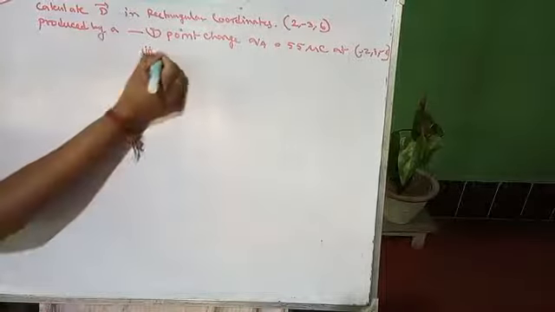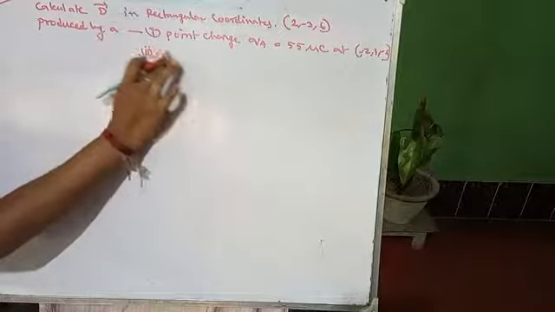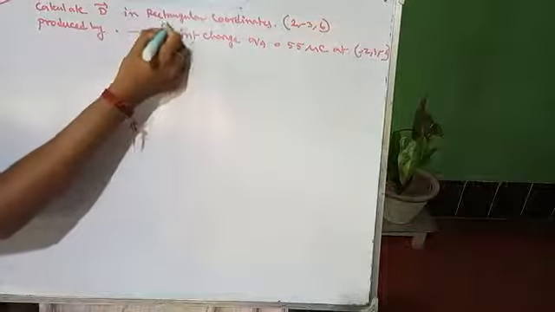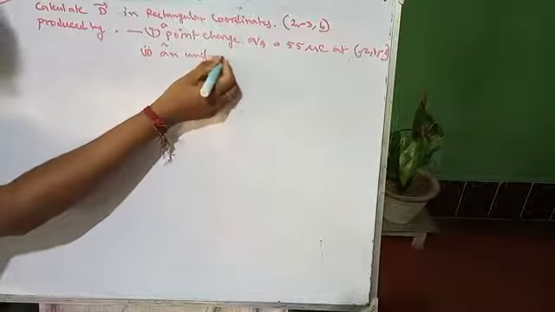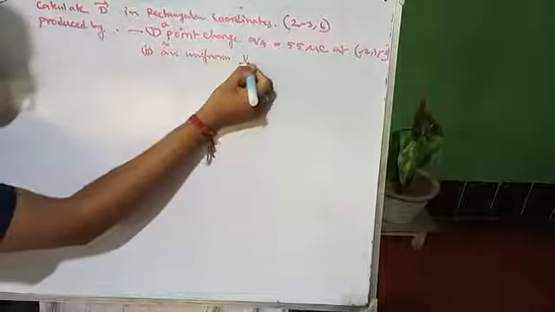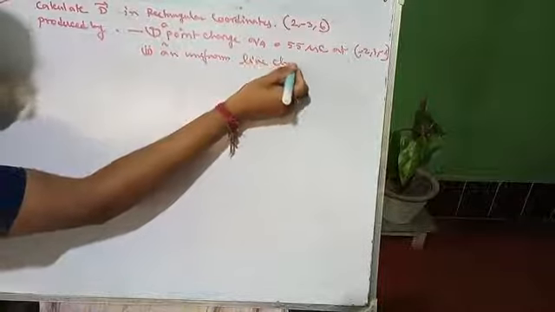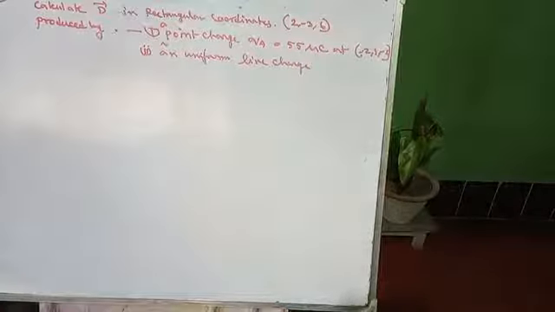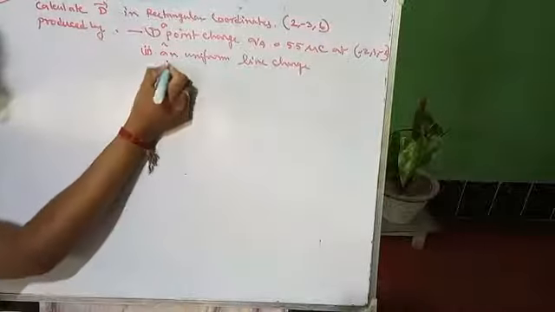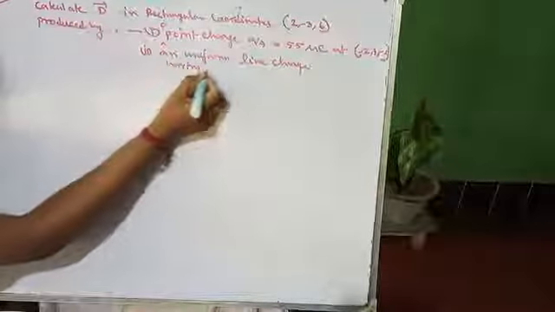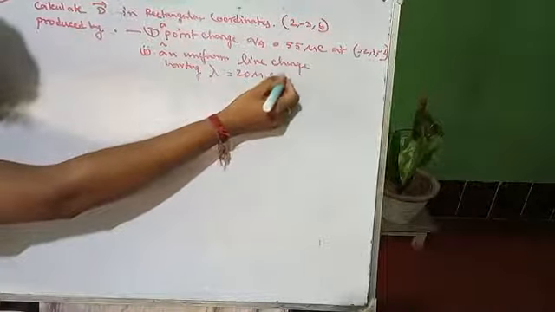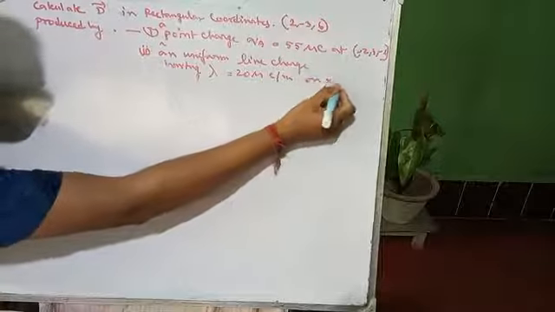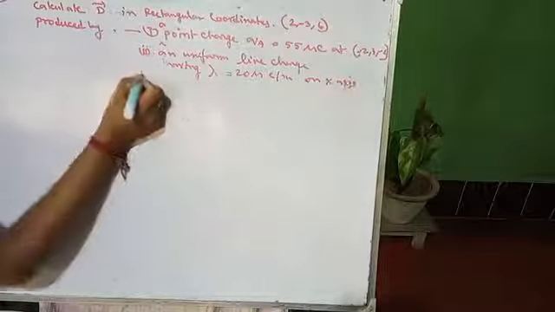a uniform line charge having lambda equals 20 microcoulomb per meter on the x-axis. And third case,